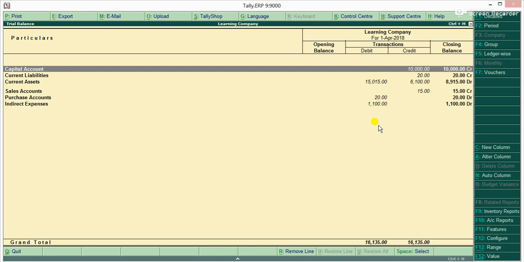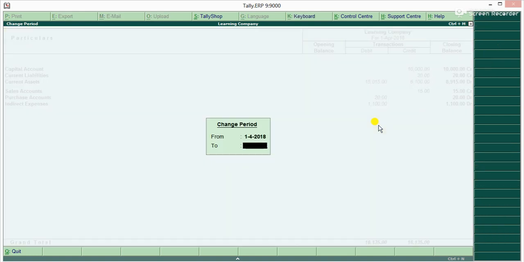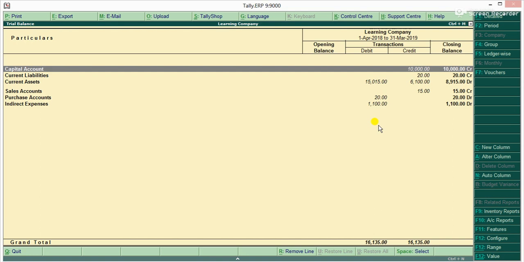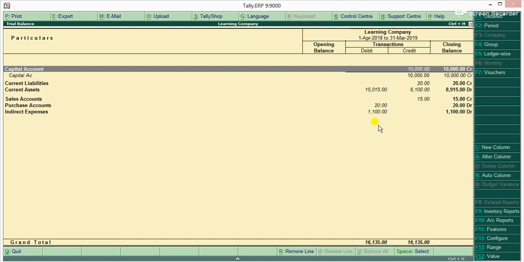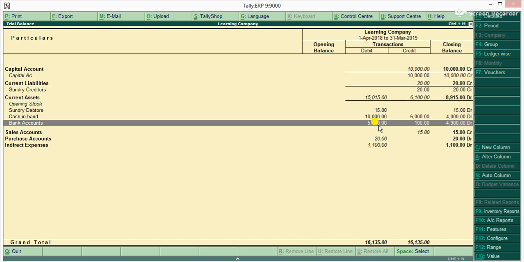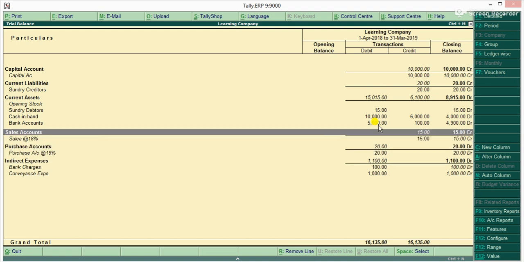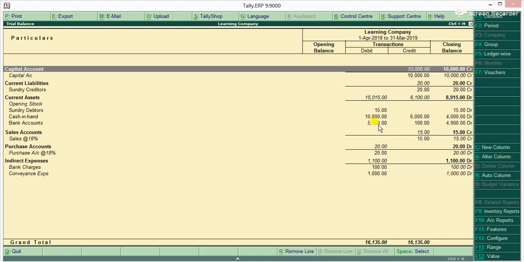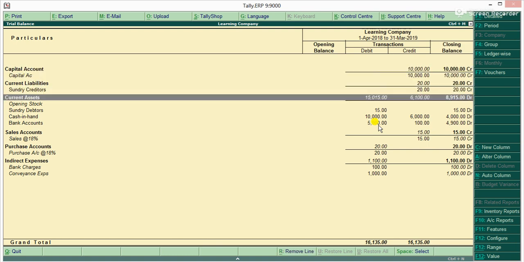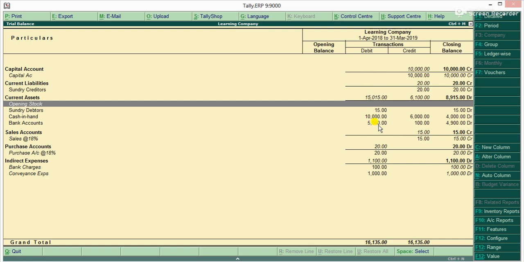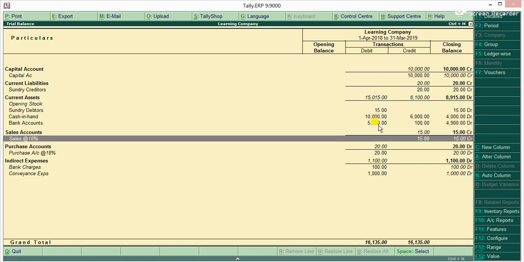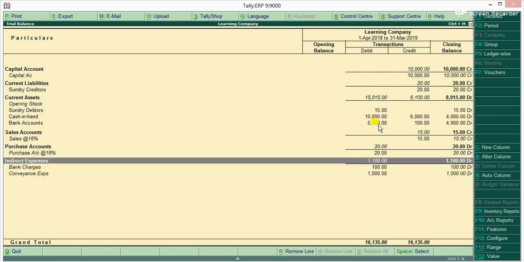So our trial balance is ready. I give the period April 18 to March 19. This capital account, shift enter, we can give shift enter, or we can do it one time also, that we will check later on. So we have capital, creditors, debtors, bank account.